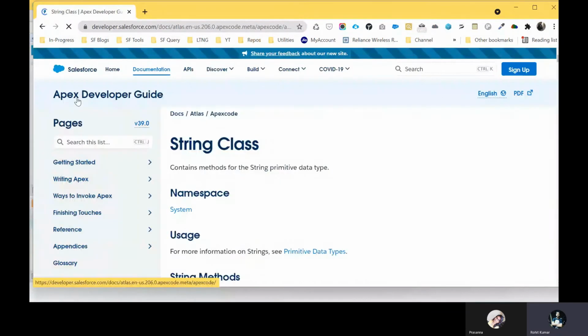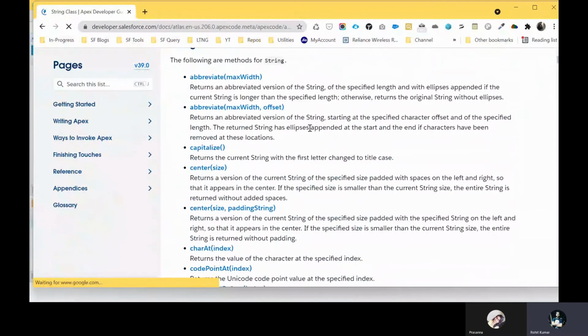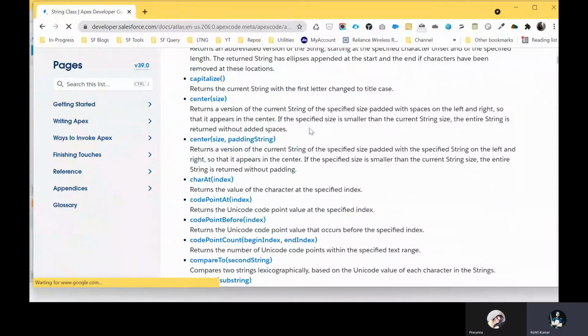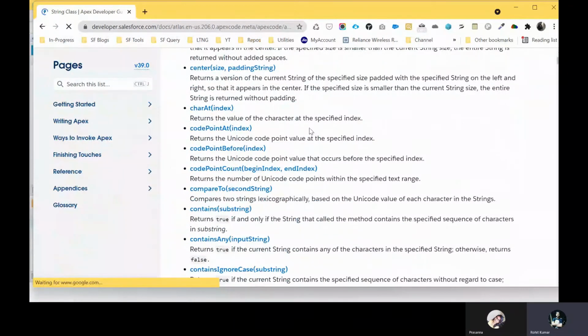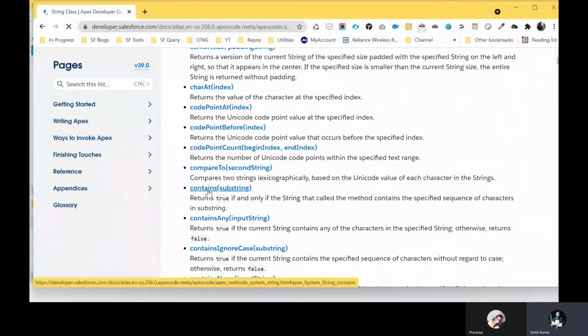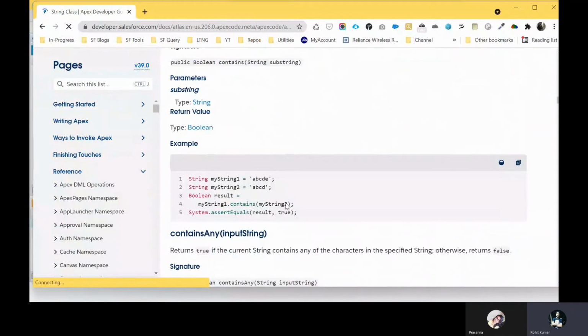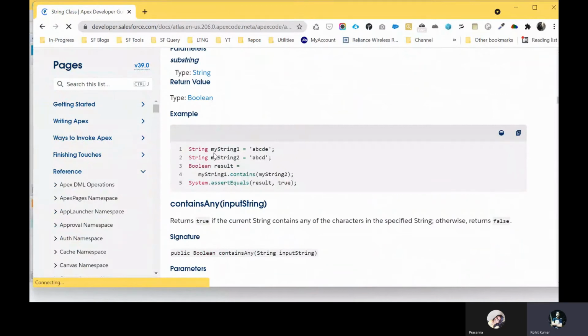Apex or Salesforce gives this reference, and always check this reference because it's very important. Like contains. Let me use this contains here. Here you can see this example, but right now I'm showing my own example. Don't worry about that. So let me choose this contains method.